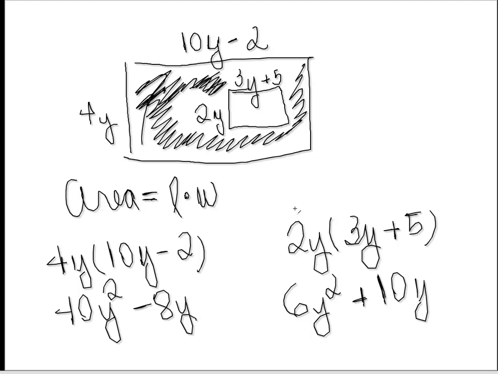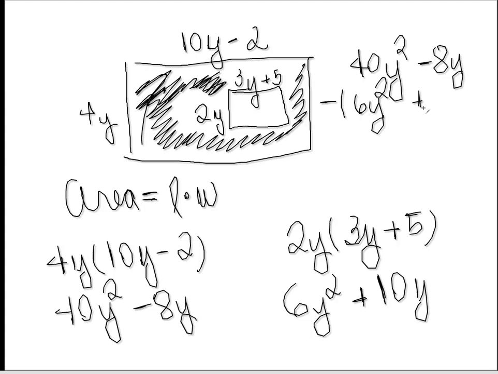The next step is to subtract the area of the smaller rectangle from the area of the bigger rectangle. So I'm going to put this up here. This will be 40y squared minus 8y. We are going to subtract off 6y squared plus 10y. And I put it in parentheses to indicate that we're going to subtract off this whole